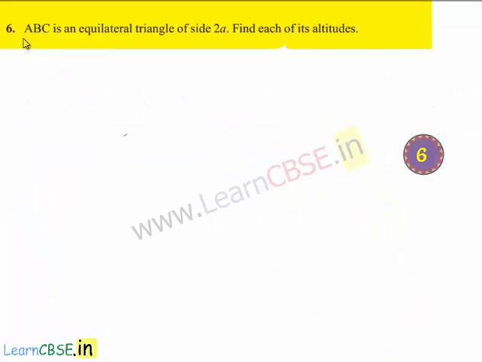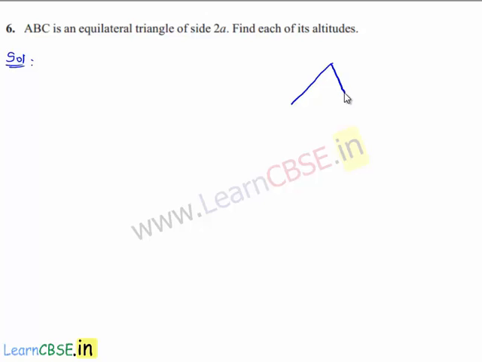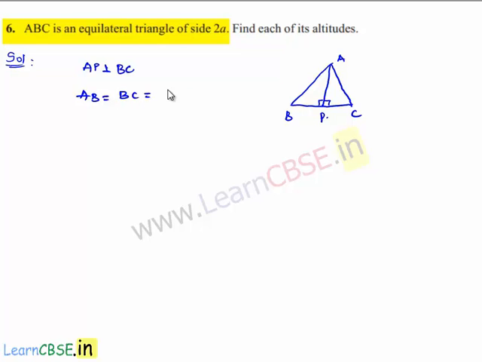Moving on to the sixth sum. Given that ABC is an equilateral triangle of side 2A, find each of its altitudes. Now moving on to the solution. Let us assume an equilateral triangle ABC with one of the altitude to BC from A as AP. So that means here AP is perpendicular to BC and